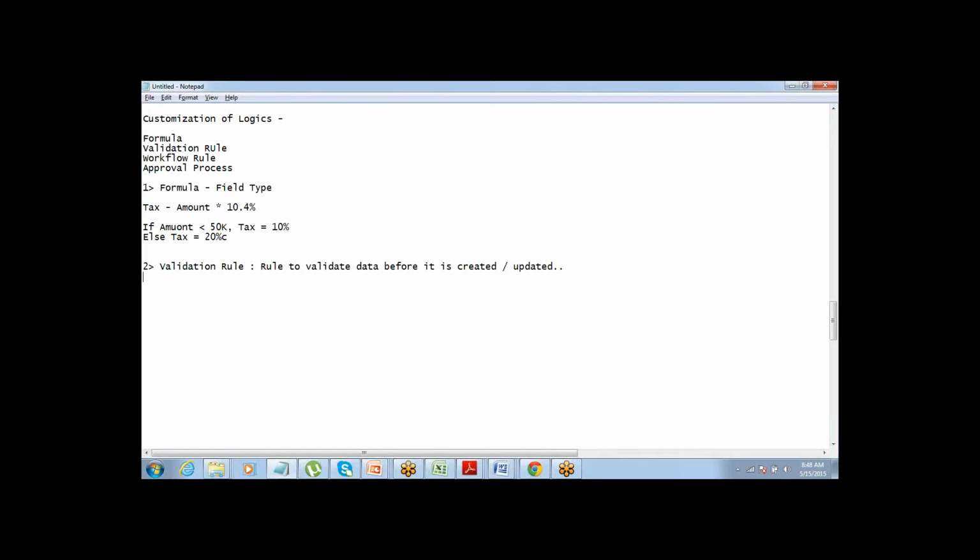So validation rule is a rule that validates data before a record is created or updated.